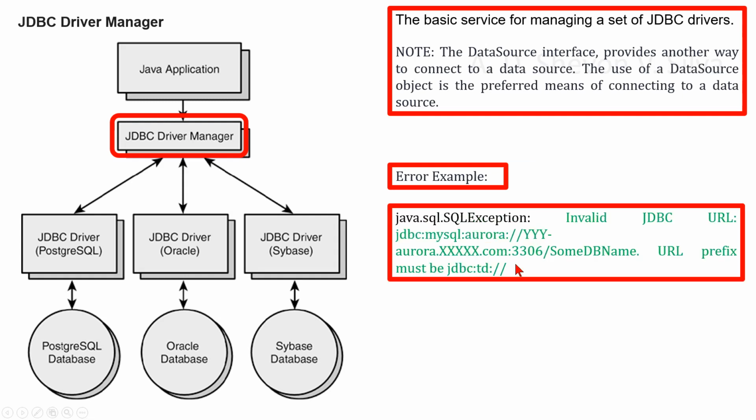As an error example, we can consider this one: invalid JDBC URL jdbc:mysql:aurora:false-chat-YYY-aurora.xxxx.com:3306/some DB name here, and URL prefix must be jdbc:mysql://